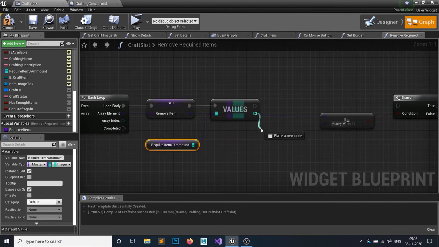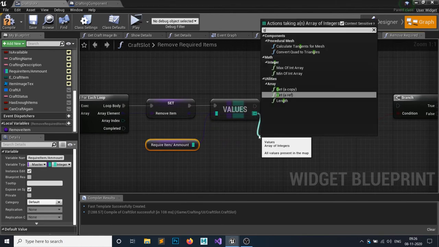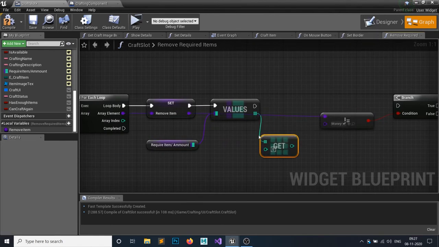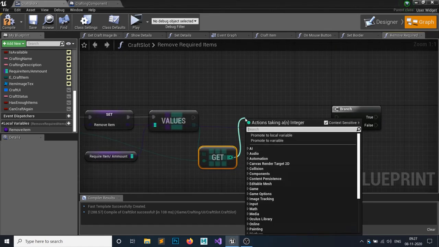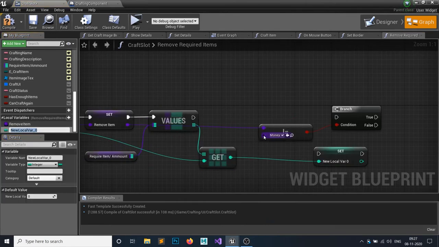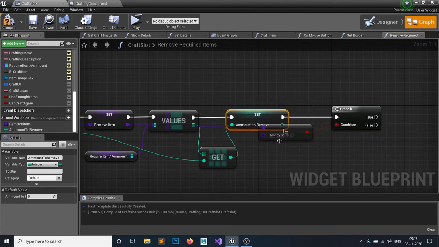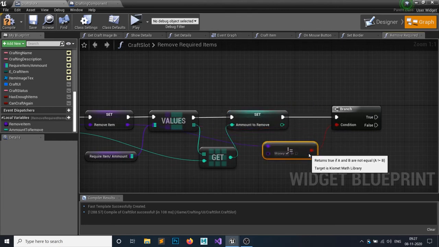So I need the money of the selected, so I will get a copy, and this index should be your money, so amount to remove. So promote this one to a local variable called amount to remove. Yep, so it will simply change this every time.